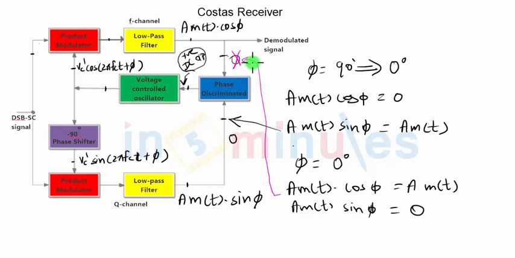So in this case, because the upper input is non-zero and the lower input is 0, let's say this time the DC output generated is negative DC. For the negative DC, we will design the local oscillator in such a way that it should not make any changes in the phase of the output signal, and hence the phase of the output signal will be kept at 0